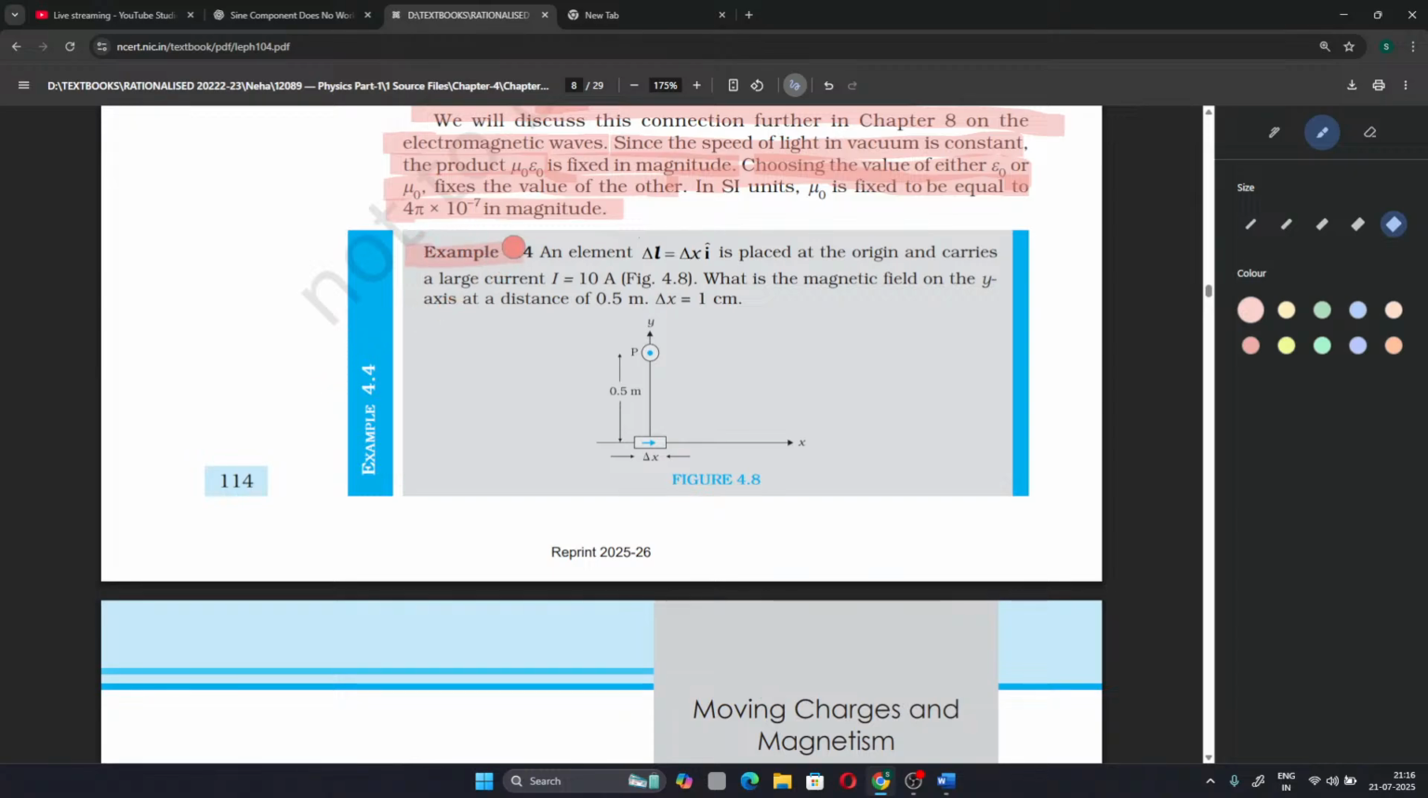Okay, there's an example here. An element delta L, which equals delta X I cap, is placed at the origin and carries a large current of I equals 10 ampere. What is the magnetic field on the y-axis at a distance of 0.5 meter? Delta X equals 1 centimeter. The given information is that the length equals delta X I cap, placed at the origin, the current is 10 ampere, and the angle is 90 degree because it is on the y-axis. Distance is 0.5. So direct formula,